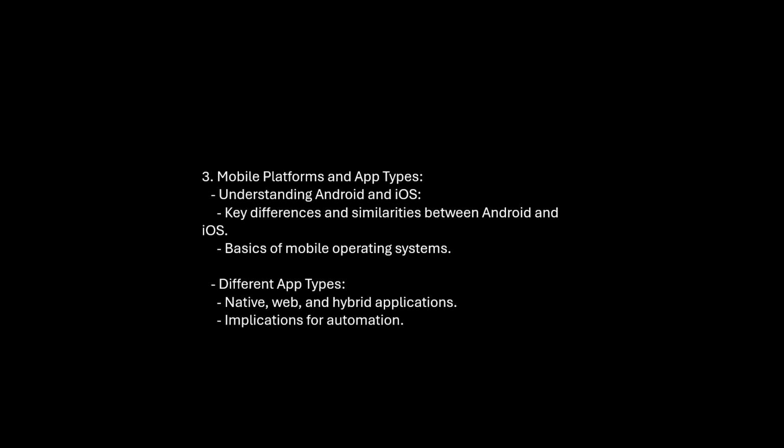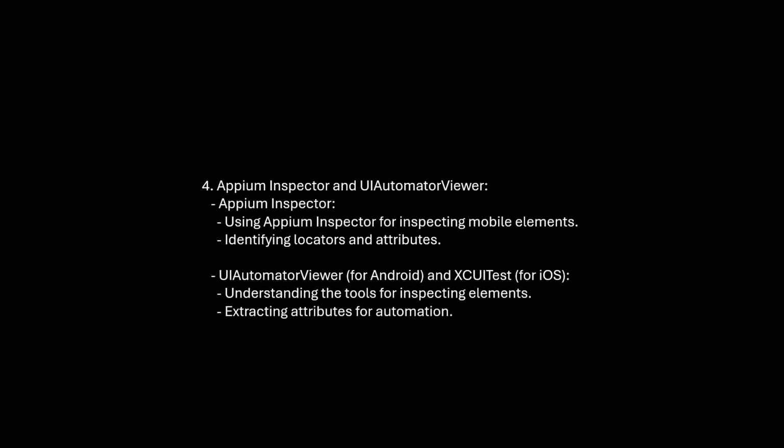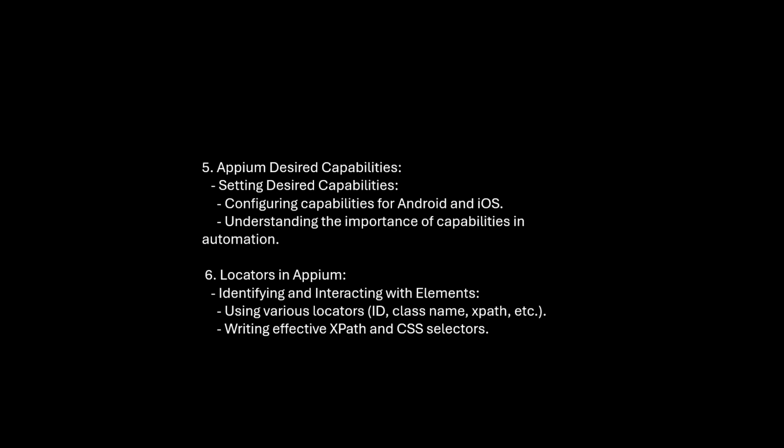systems, different app types, native, web and hybrid applications, implications for automation, Appium Inspector and UI Automator Viewer, Appium Inspector using Appium Inspector for inspecting mobile elements, identifying locators and attributes, UI Automator Viewer for Android, and XCUITest for iOS, understanding the tools for inspecting elements, extracting attributes for automation, Appium desired capabilities, setting desired capabilities, configuring capabilities for